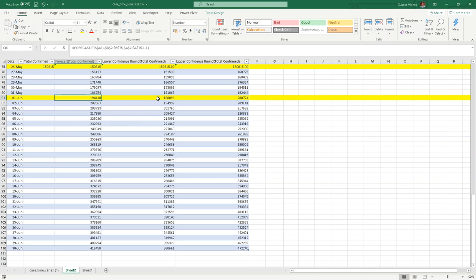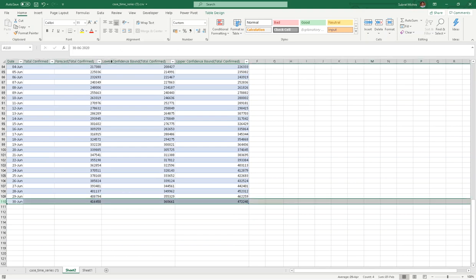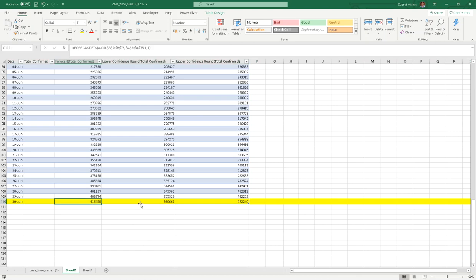The minimum will be 1,88,000 and maximum will cross 2 lakh. Similarly for 30th June the forecast is showing this average will be around 4,16,000 cases, 4,16,450 cases. This may be the lower limit, this may be the upper limit.